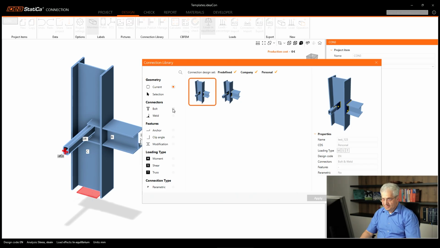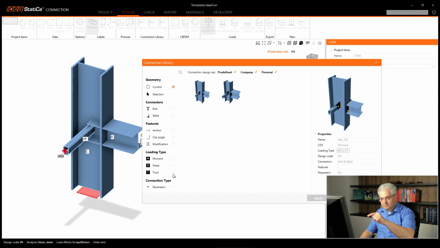There are some filters, so I will skip this selection. This is for the next chapter. You can include some filter. For example, I want to include connections with bolts. Or you can click again and you can exclude connections with bolts. Or ignore this filter. So you get connections with or without bolts. And in the same way, you can use connections for bending moment, shear, or for truss.